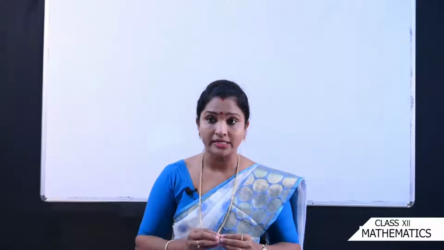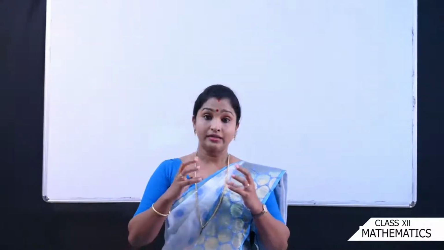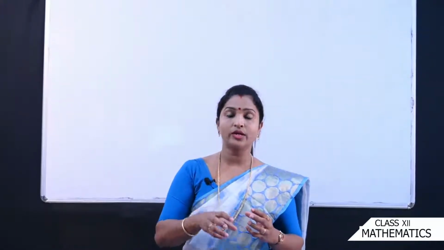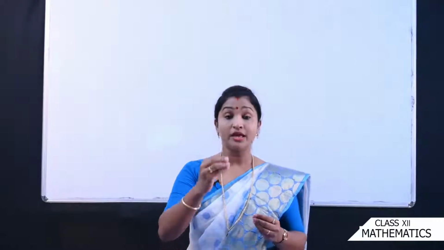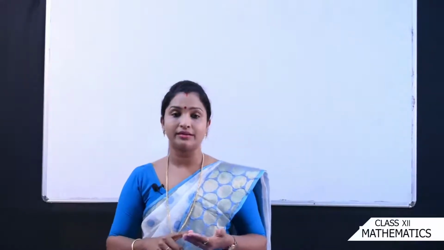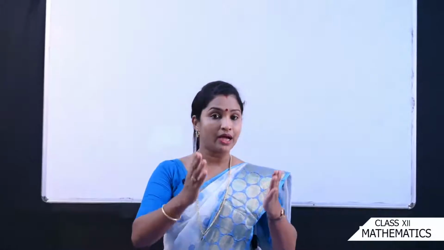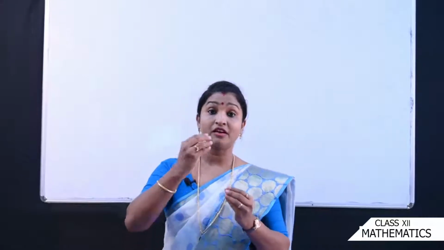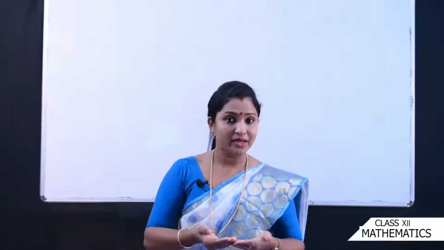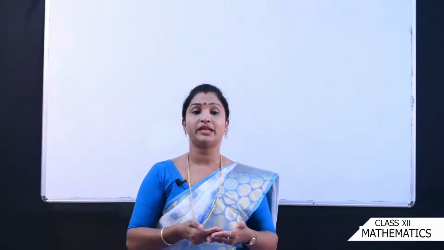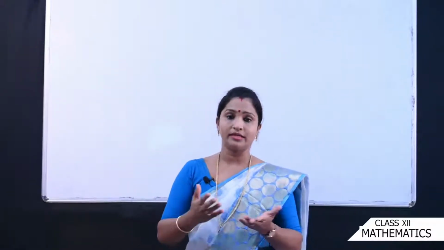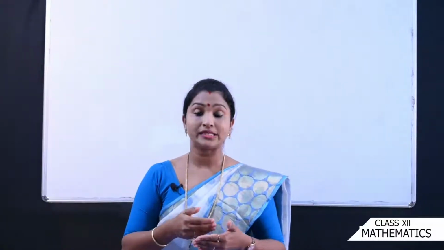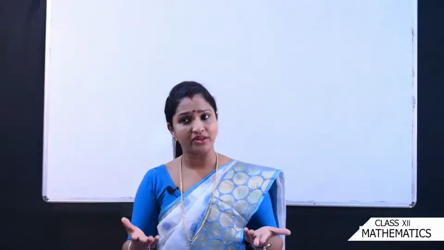So what does the determinant say? The determinant says that a determinant can be obtained from a square matrix, and through this you can obtain a value. That means we can associate a number that can be real or complex. मतलब अगर आपके पास एक square matrix है और यदि आपको determinant निकालना है तो आप एक value निकाल सकते हैं. You must be remembering, in the square matrix we never find a value, we always find a matrix only. जब भी हमें रिजल्ट मिलते थे मैट्रिक्स ही मिलते थे. But when you find the determinant, we can associate a number, that can be real or complex.